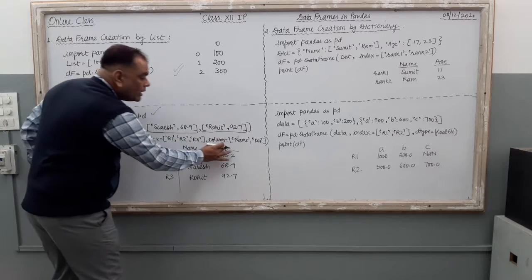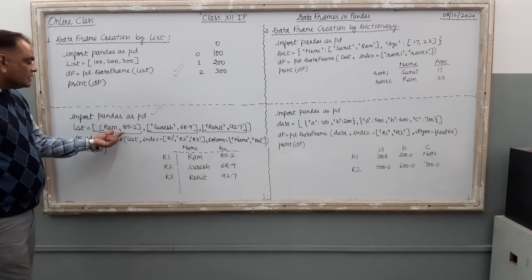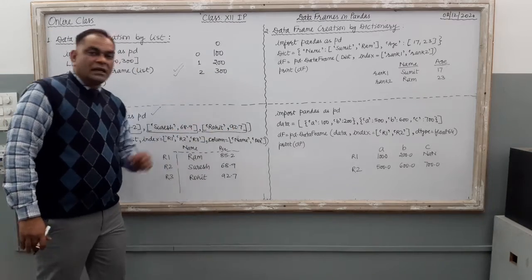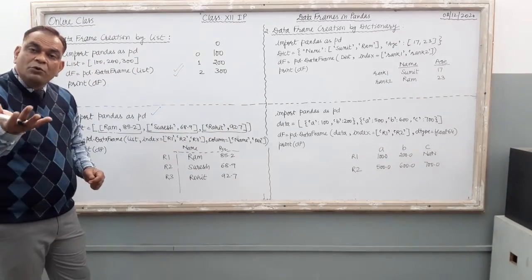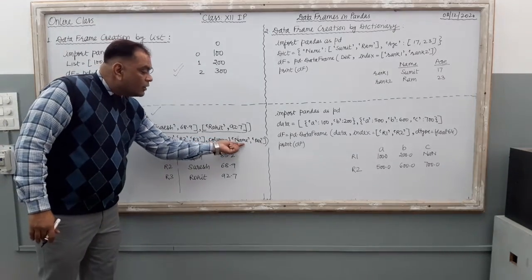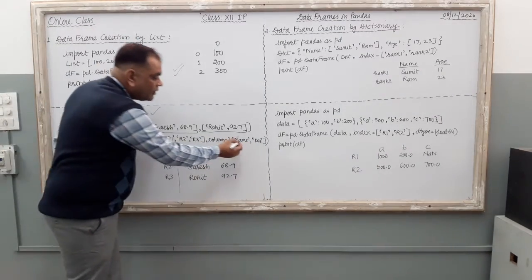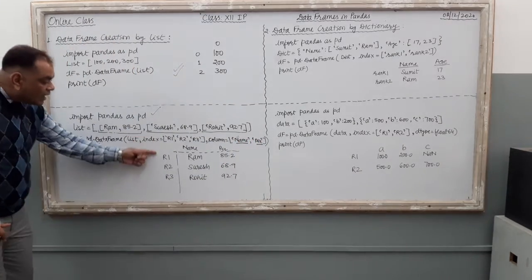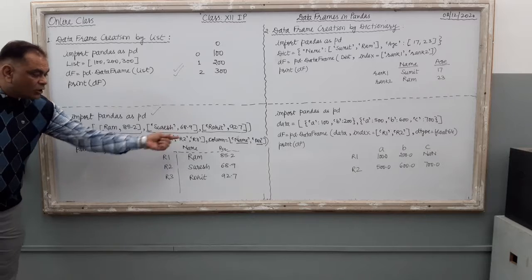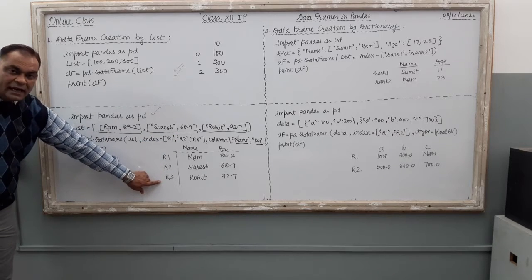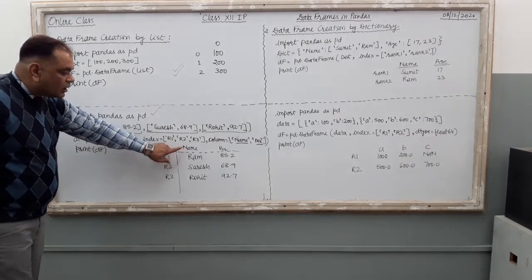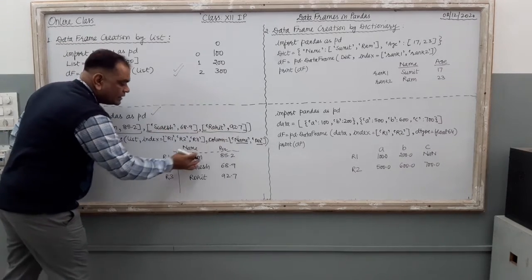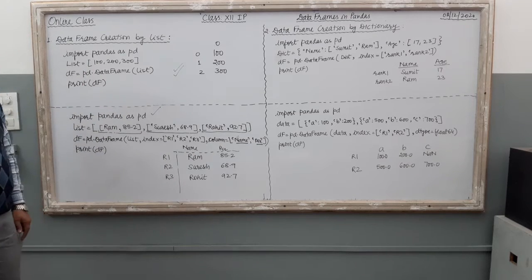Then here columns equal to, here just see the list. Two values are there in the list. So how many columns are there in the data frame? Two columns only. So here columns equal to name comma percentage. The first column name is name, the second column name should be percentage. Now see its output: list, index, columns. So index R1, R2, R3 are here. Name is the first column, and in the first column are the first values of the list: Ram, Suresh, Rohit.